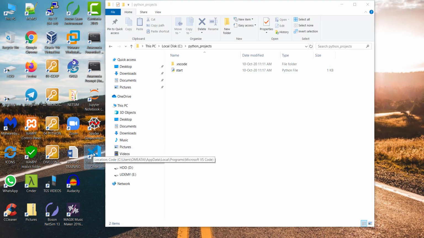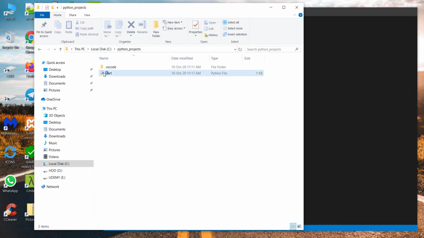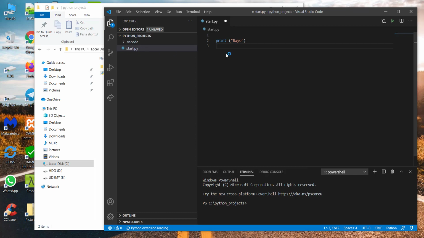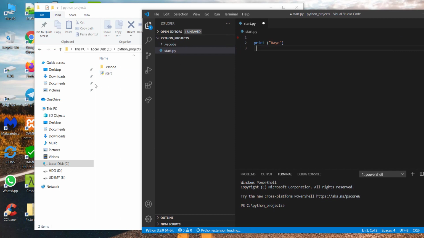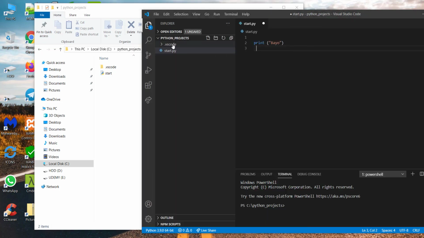So I'm going to open up my Visual Studio Code just to be sure it saves as a Python file. You can as well decide to copy and paste and maybe rename the file and clean up the file. But let me just do that from our IDE. So we created start, which is what you can see here. It's in the Python projects folder, which is what we can see here in C drive. So I'm going to create a new file and I'll call it hello.py,